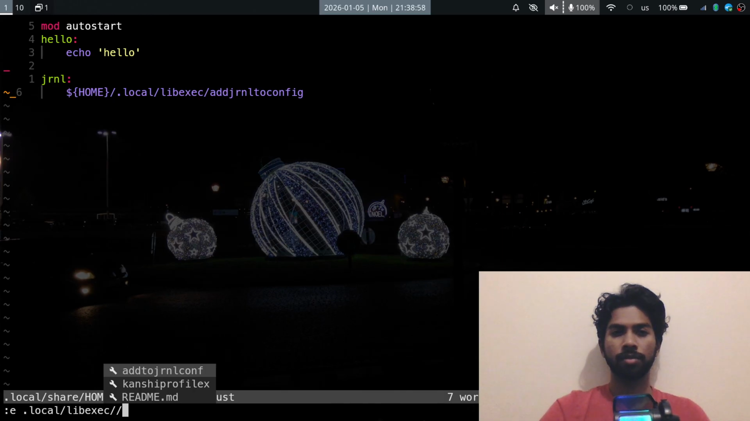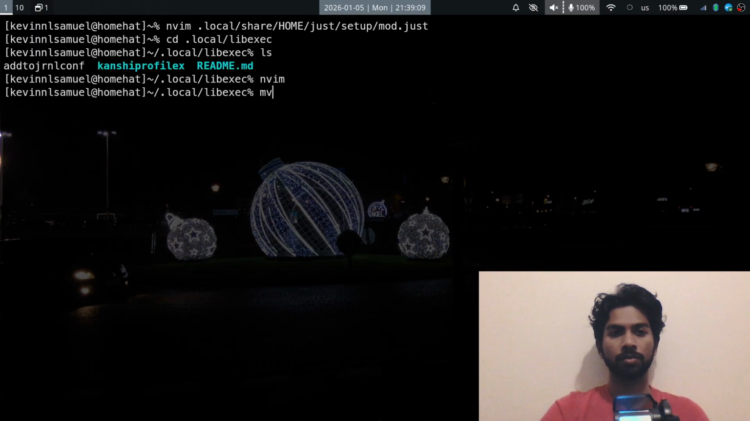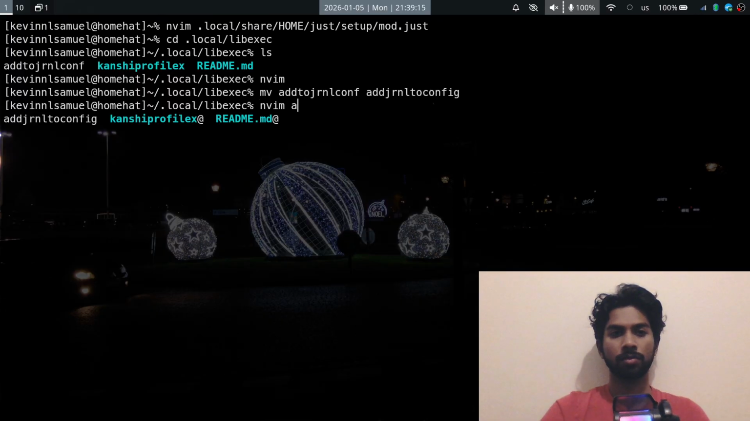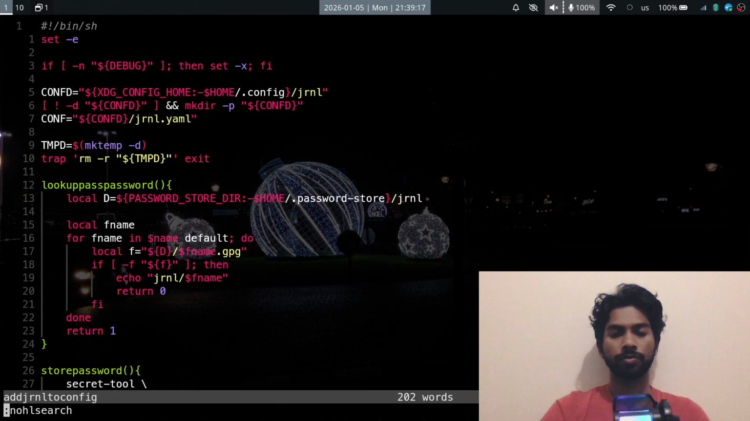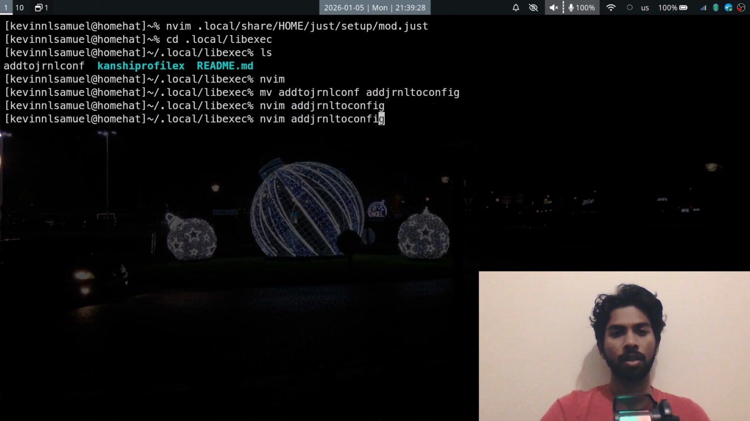To journal config and add journal to config. I like that better, so I'm going to rename this to local libexec. But this does not make sense. Why is this in red? Okay, anyway,